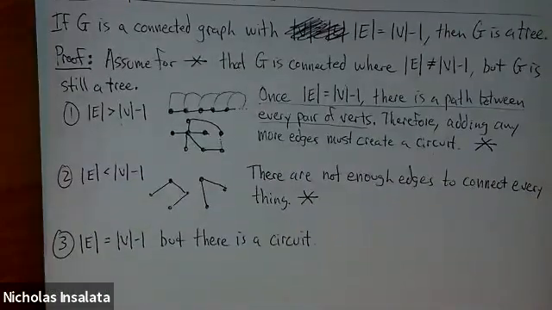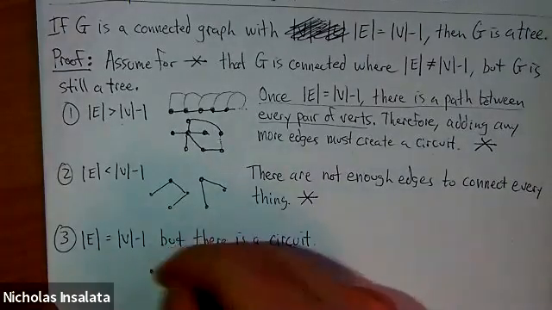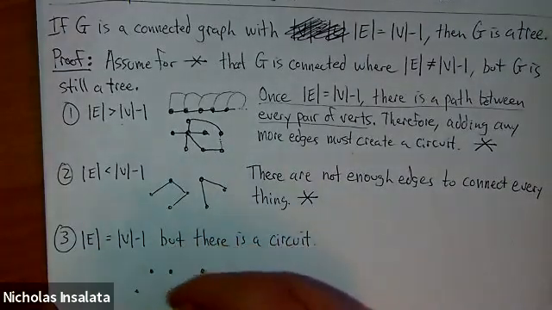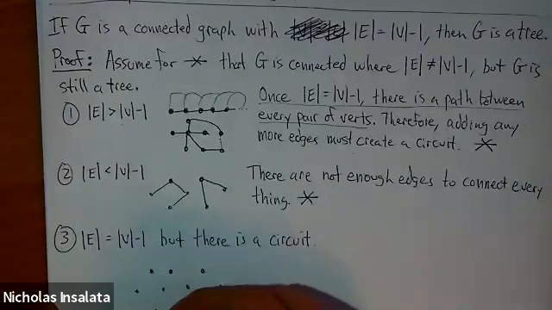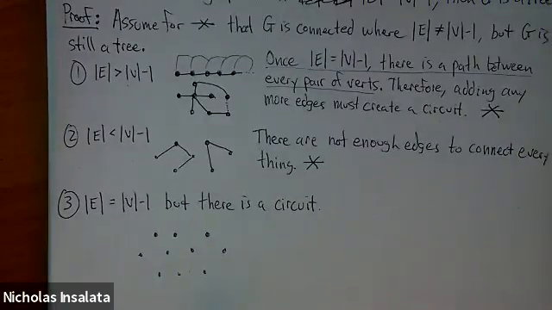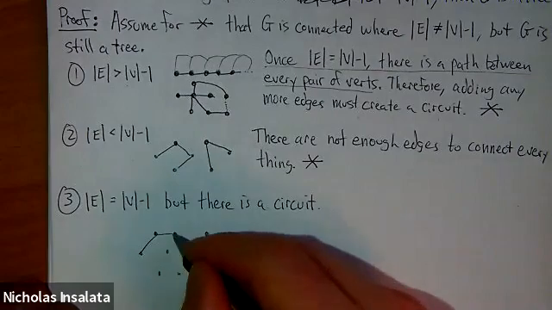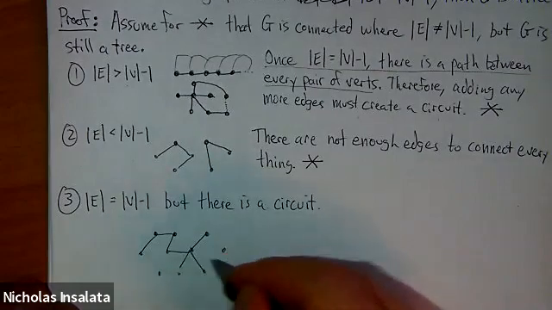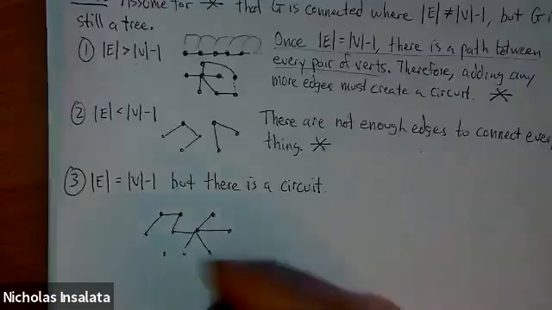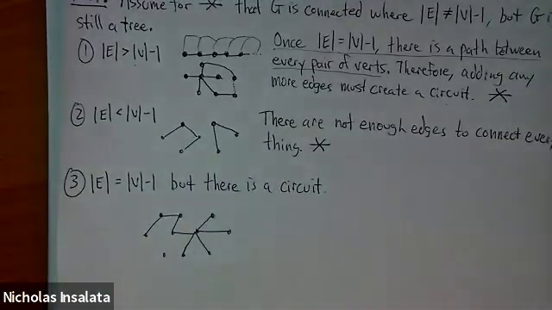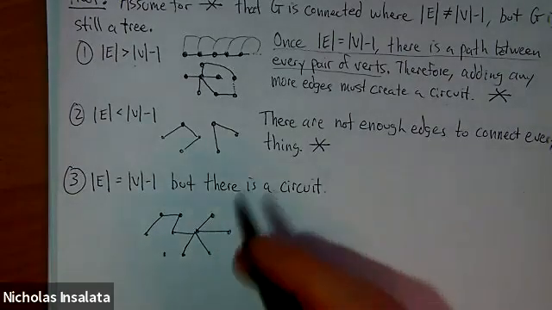And that's really what Sean, I think, was getting at, right? So in that case, we have, again, let's do our 7 vertices. Oh, no, that's more than 7. Sorry, I did 10 this time. That's okay. So I did 10 vertices, right? And I add in the right number of edges, but there's a circuit. So I'll add in 9 edges. 1, 2, 3, 4, 5, 6, 7, 8. And when I do that 9th one, if I want to make a circuit on the 9th one, let's say I do this,